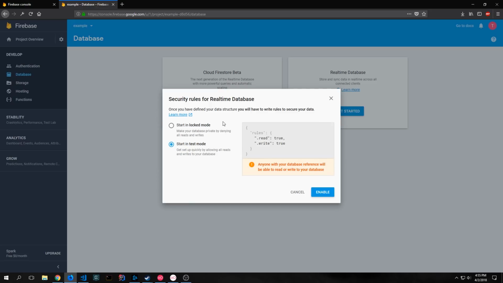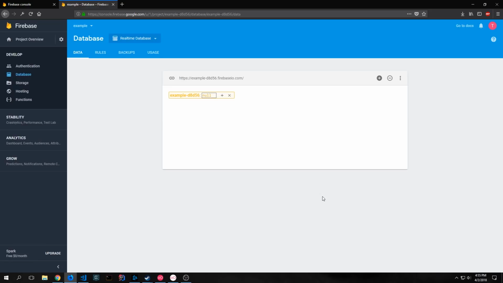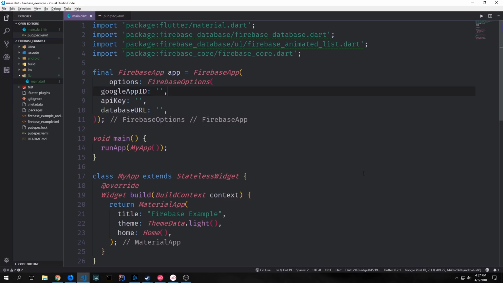But generally, if you're using this inside of a production level application, you'll leave it in locked mode. So you just click enable and this will build out the database. Now, Firebase Core allows us to access our database directly from Flutter rather than having to rely on the platforms. So what we can do is create a new instance of our database by instantiating a Firebase application,